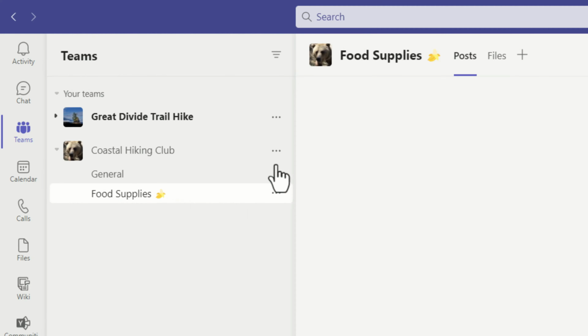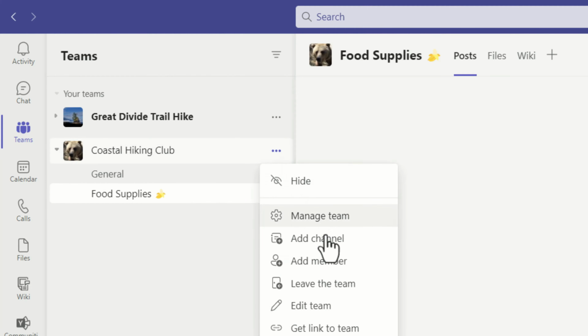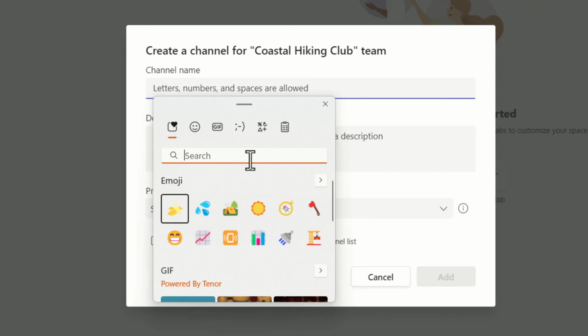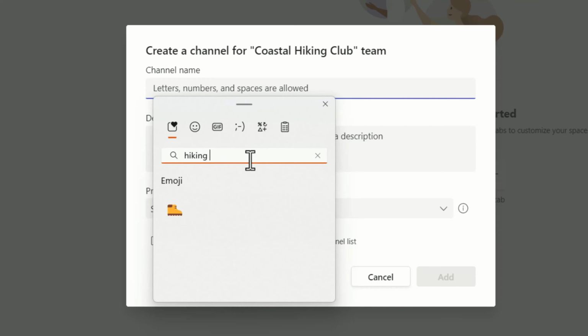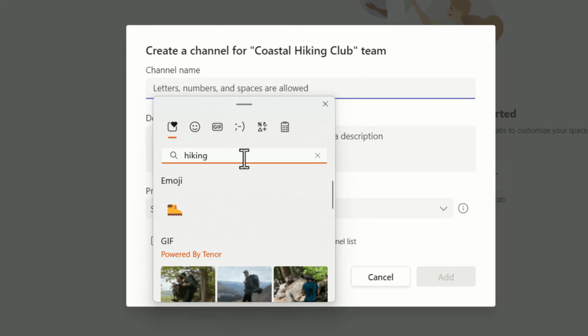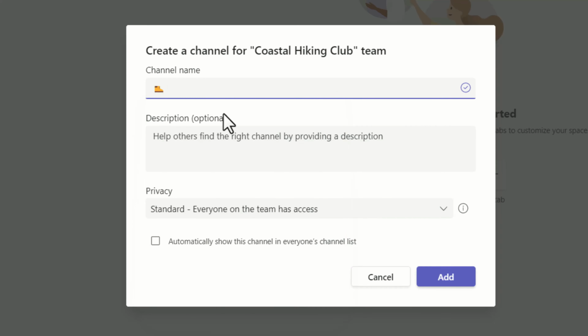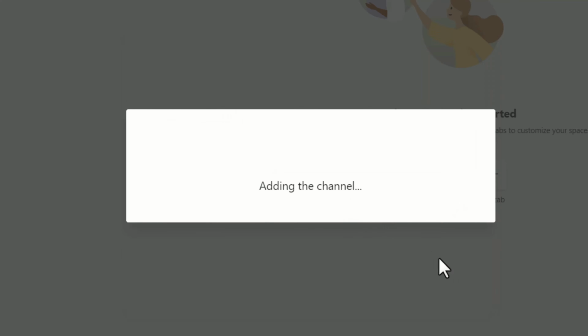But let's add another channel in here, and there's a little bit of a challenge that we have in here. This time, I'm going to use the Windows period key to bring up the emoji menu, and I'm going to bring up something such as hiking poles. Okay, so I'll put in hiking. So here I'll do the boot for hiking, and then I will put in something like hiking poles. Now, when I put this in normally, what you would expect to see in the behavior